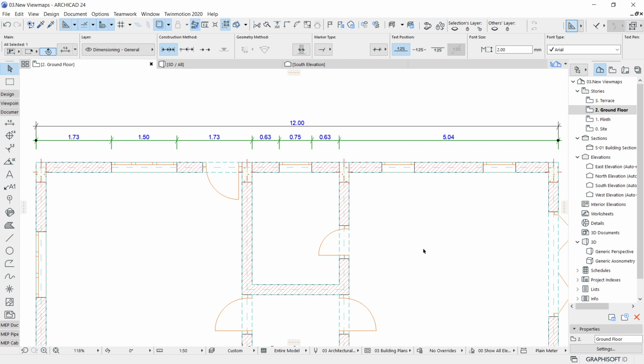So in the further editing part of the dimension, see for example, you want to break the dimension chain. For example, this 0.75 will be the last dimension in my left side chain. This 0.63, I would like to delete this much portion so that my 5.04 becomes another dimension. So right now, starting from 1.73 till 5.04, it's a single dimension chain, which I'm now going to break or